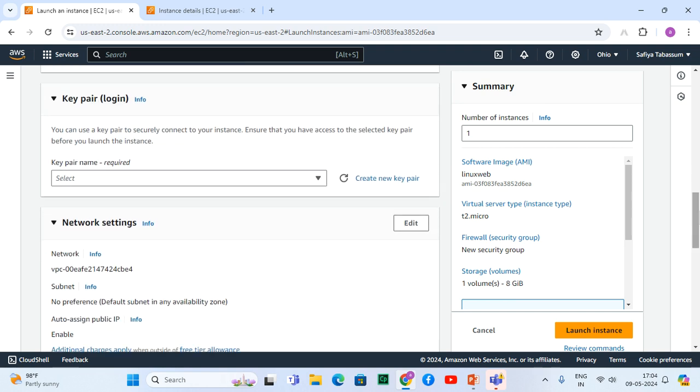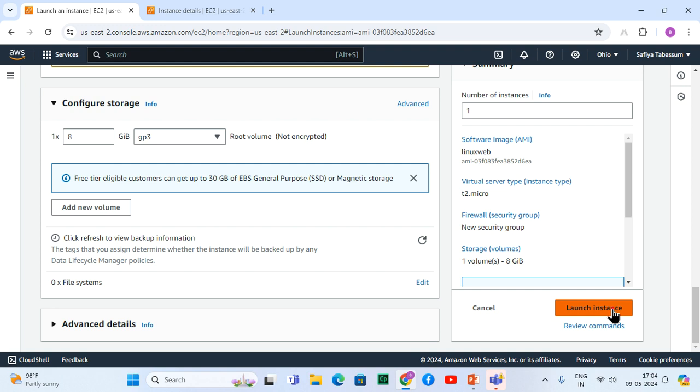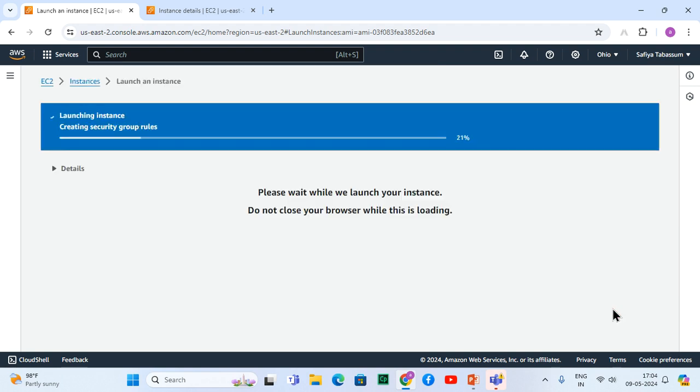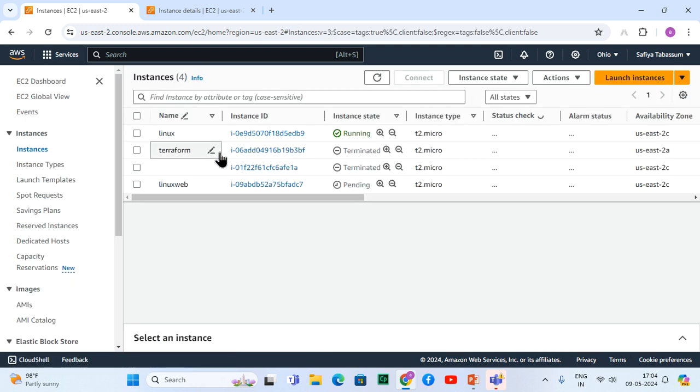Key pair and everything, you can just select it. Now this machine will have all the applications and operations that you have backed up, so you can recover easily.